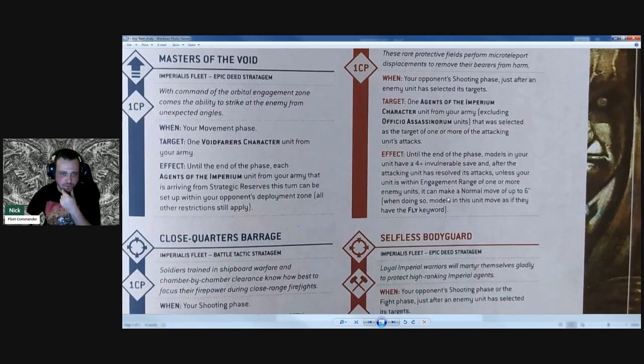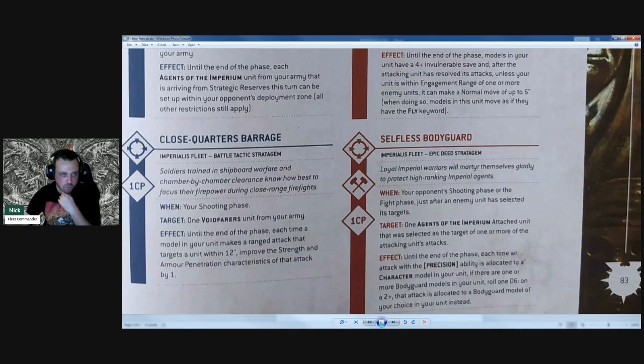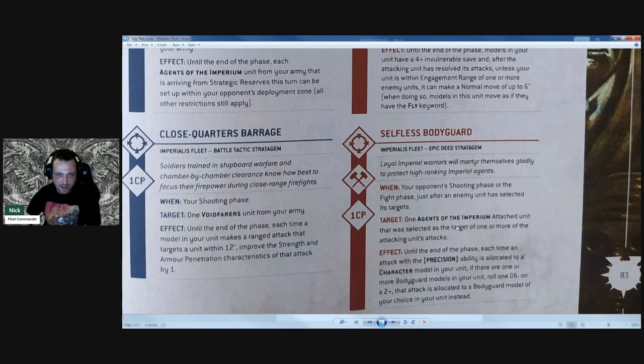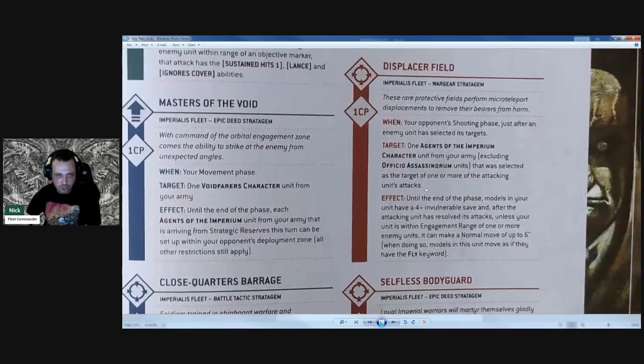So what this would do is that if someone has access to precision, which there's more and more in the game, it seems like with every book that they come out with, they're adding more. What this will allow is the ability to ignore precision in any phase for 1 CP, which means that you have also the opportunity to use your Displacer Field,